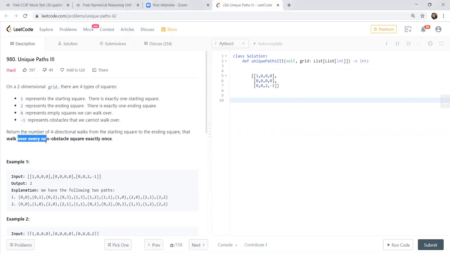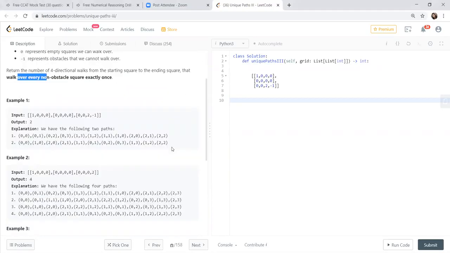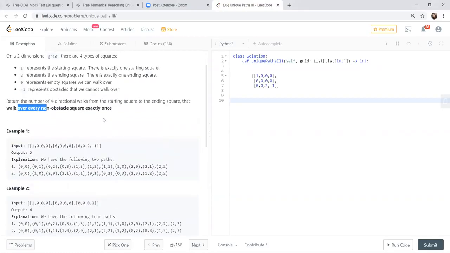We have to walk over every non-obstacle square exactly once. So that's one of the requirements there. So we have to do one pass of the whole grid and then figure out how many zeros are there and what's the starting point of the 1. And then from that 1, we have to do the DFS to figure out how many ways